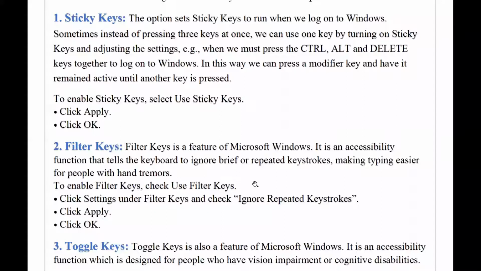In the previous class, we had done some accessibility tools, and we had discussed how the Ease of Access tool helps physically impaired people to use the computer system. Now we will discuss some very crucial and important keys, or you can say tools. With the help of these tools, anyone can access the computer system in a very convenient manner, and he or she can feel very comfortable while accessing the computer.